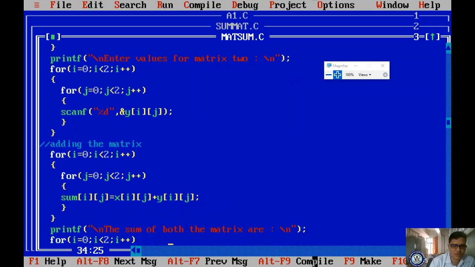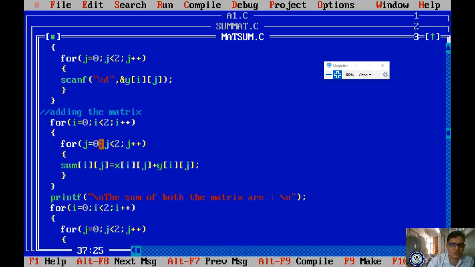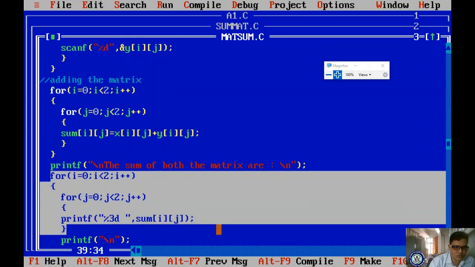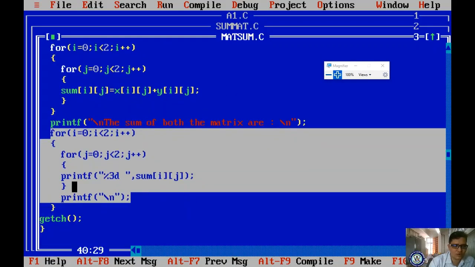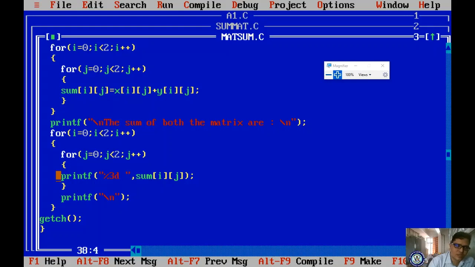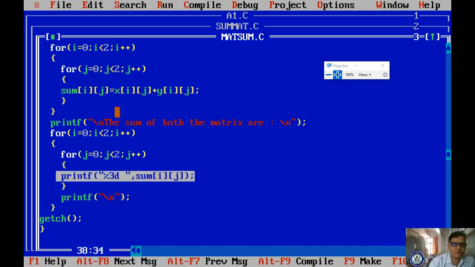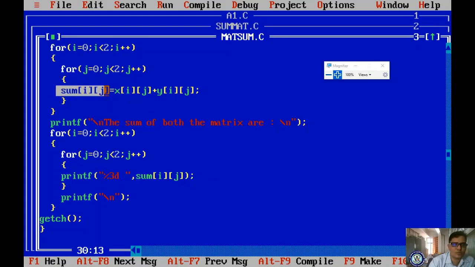Let me check. After the processing, we write the same nested for loop to display the sum of both matrices. Same for loop, instead of scanf we write printf, where the result stored in sum of ij is printed, right?